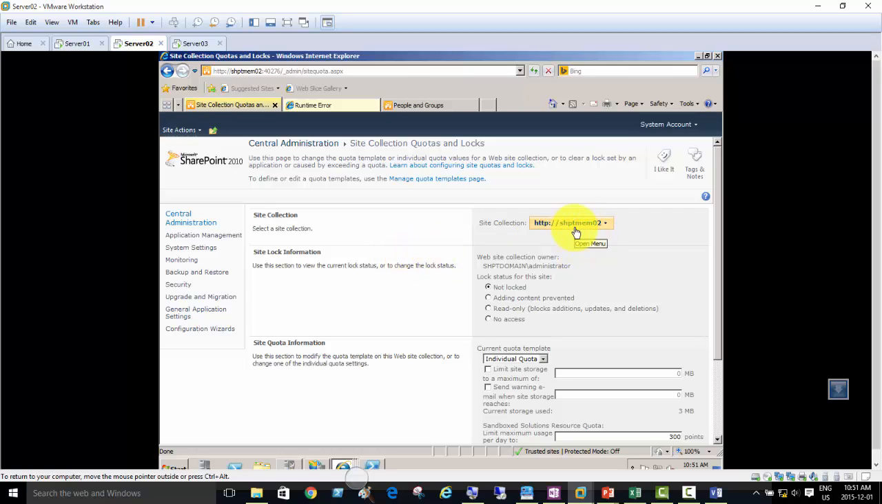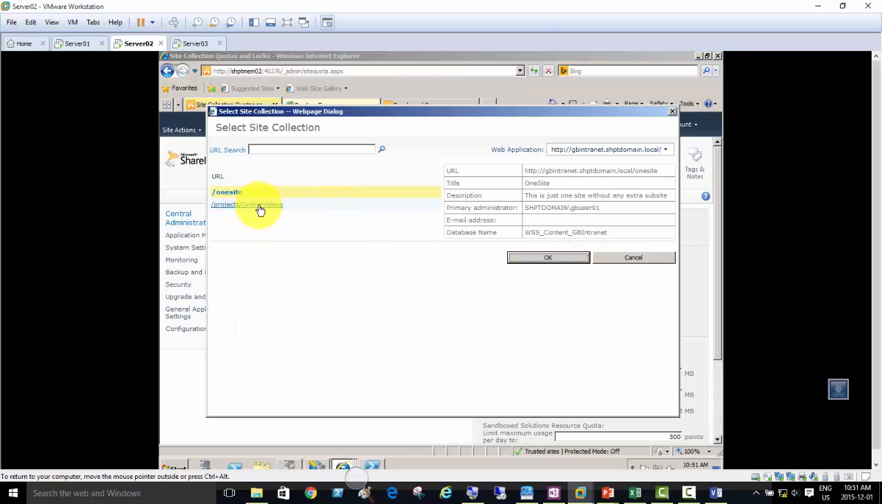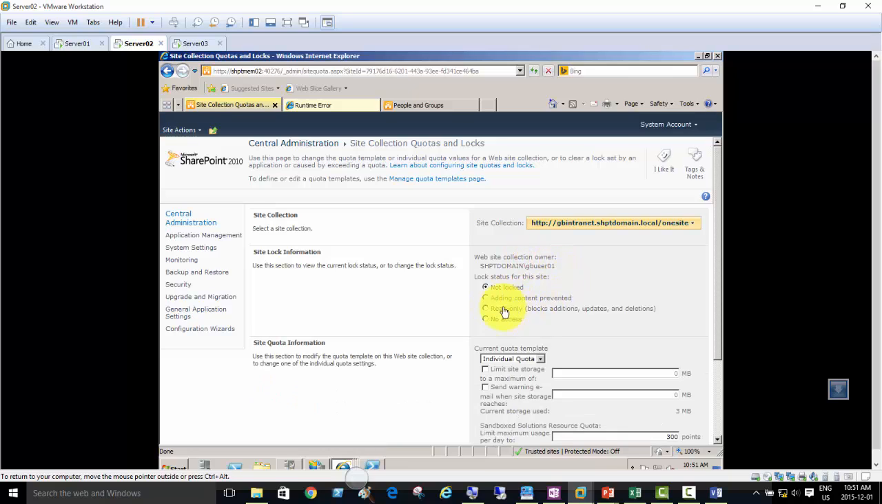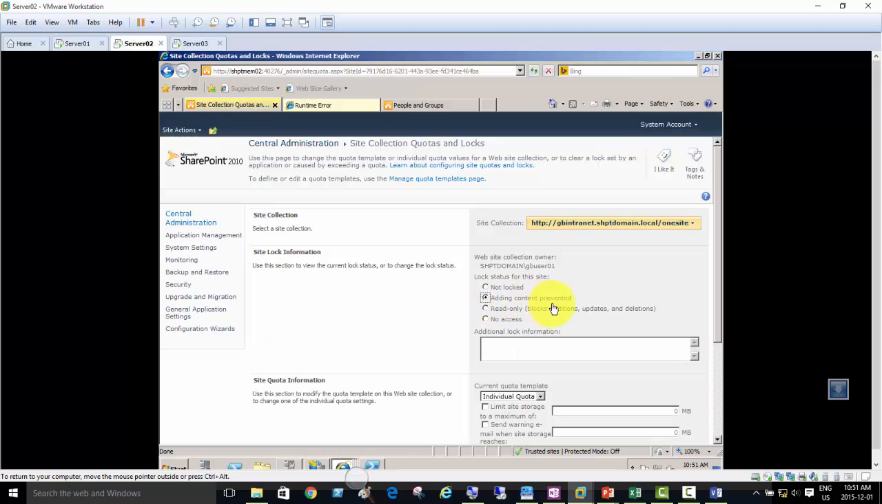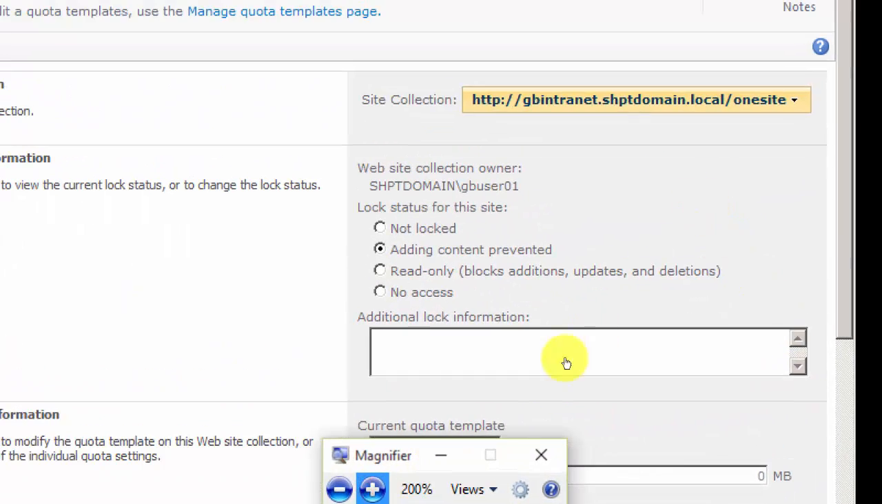So definitely, as the name says, you want to configure quotas and locks. This is the web application that was created when we installed the first farm. I don't want to touch this one, but I want to change my other site, online videos, or one site, which was the explicit one. If I select this one and press OK, now it is at not locked. This means we can use it, right? But I can prevent adding content, and add additional log information just to warn the user that this site has been